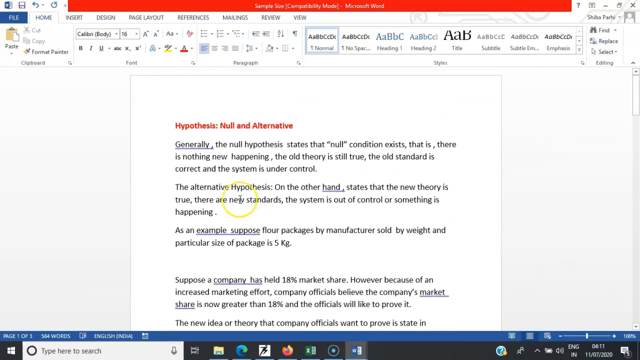So I think all of you understood how to prepare the null and alternative hypothesis and how much sample you should take for the statistical